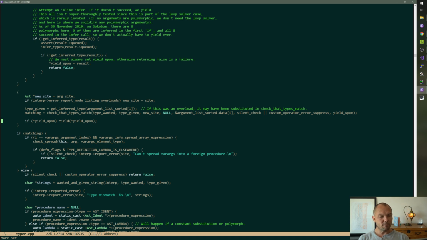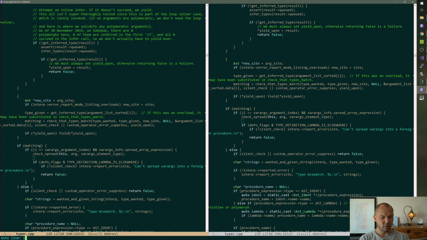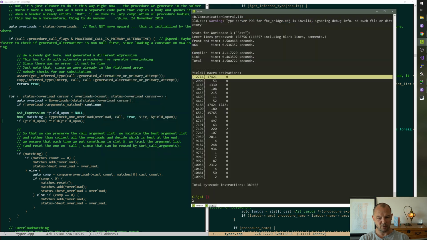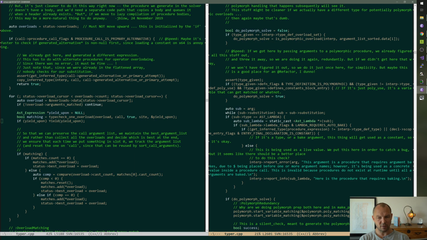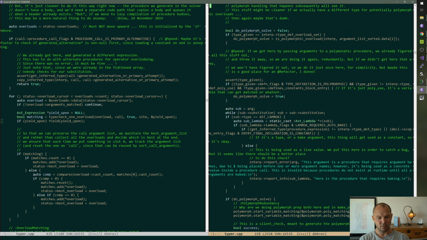So the thing is, I don't know why this is not incrementing, but this one is, because it should be the same. Because we're yielding on star yield upon, and maybe whoever's calling this is changing the yield value. That would be weird.